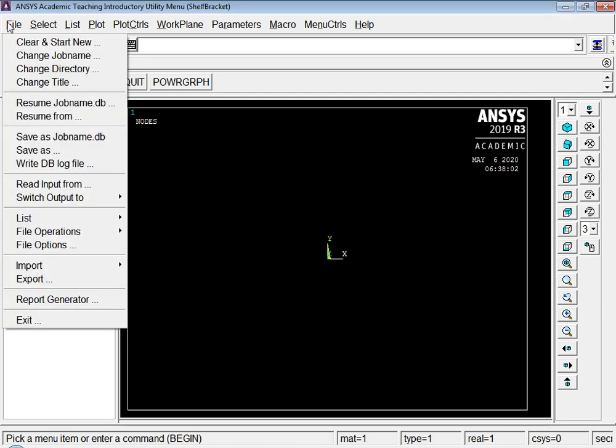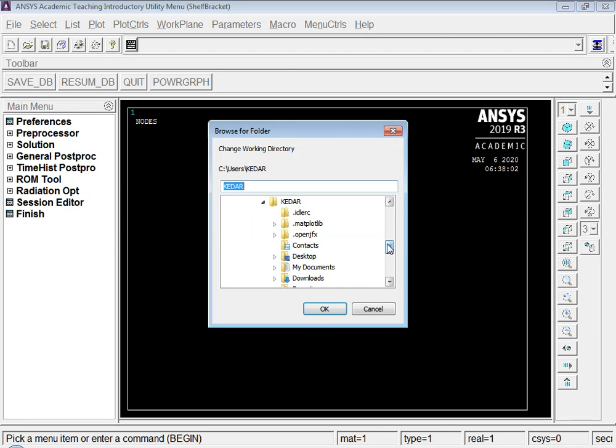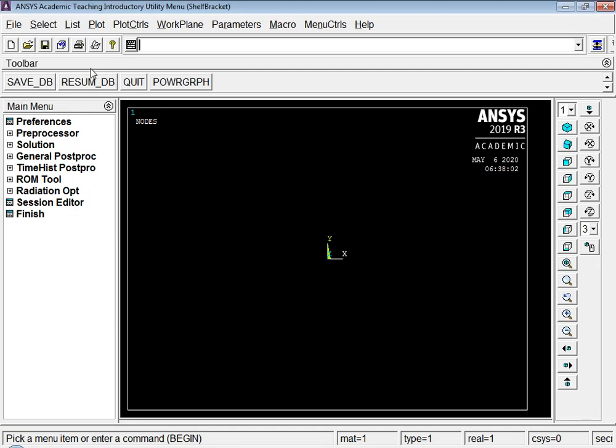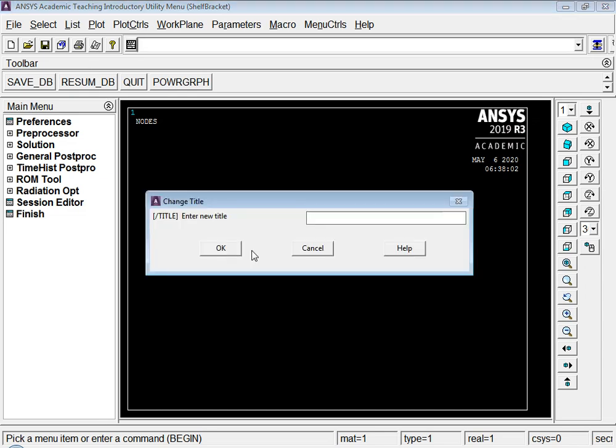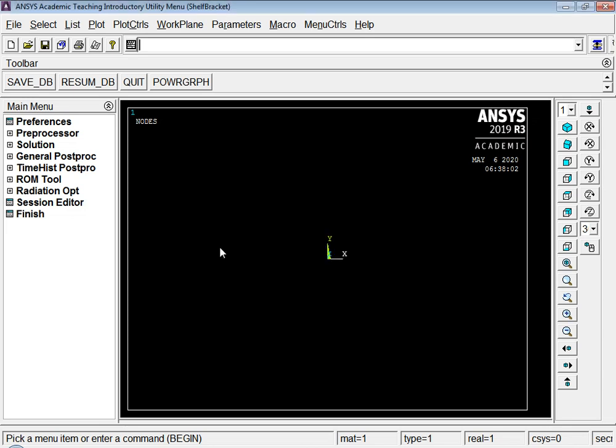Change the directory as well to the specified directory. And we will give the title shelf bracket analysis. Preferences we will give structural.